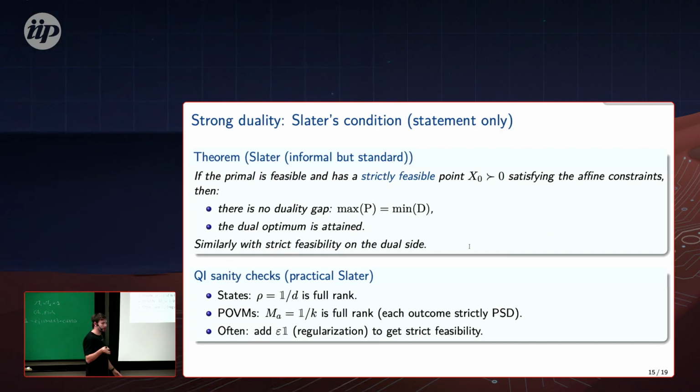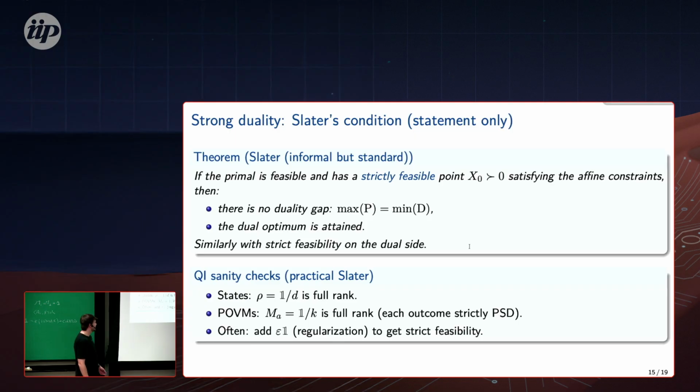In the lecture notes, you also find a one qubit example. Usually this happens when all feasible points are somehow rank deficient and things like that. So when there are some weird things going on with the rank of the feasible points, this is not required to happen. But most SDPs we look at in quantum information theory are nice. Usually, if you just try the maximally mixed state, something nice happens already.